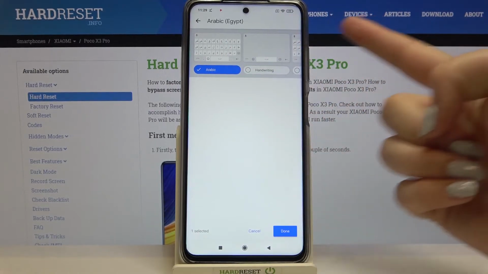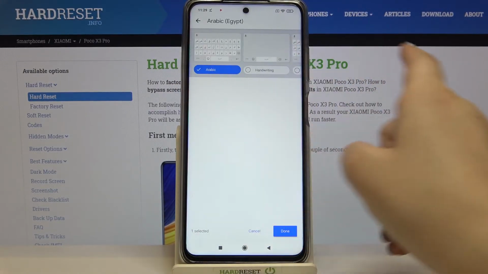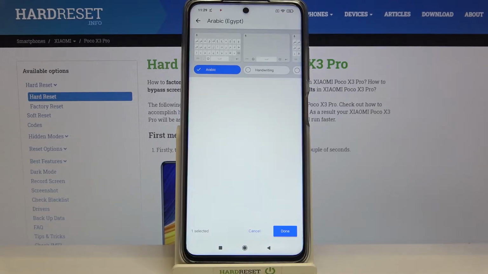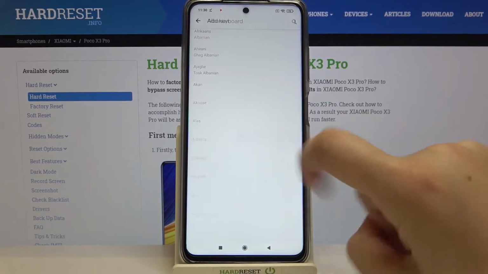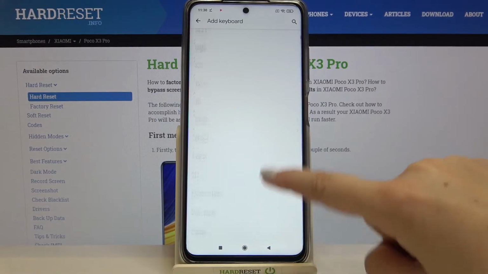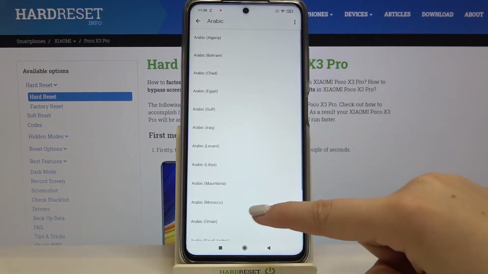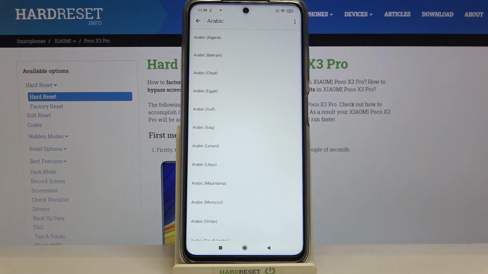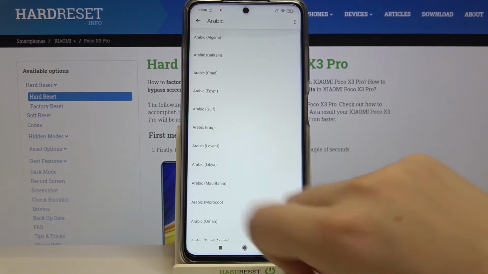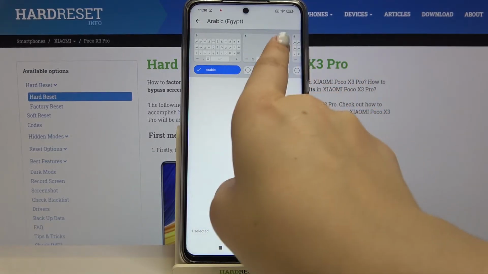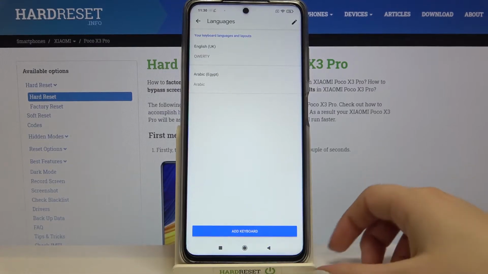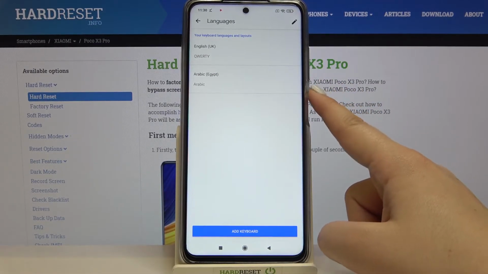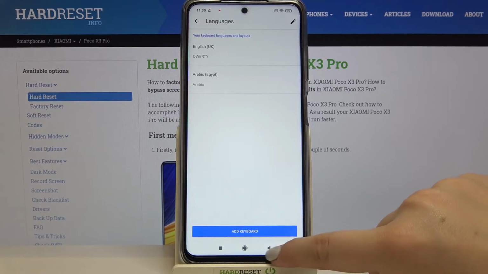Let's tap on it. As you can see here we've got the keyboard options, and probably after tapping on the language, if you will be able to see this arrow, then you will be also able to choose the region. The same situation will be with Arabic. As you can see, I can choose the region, for example the Egypt or Chad, and so on and so on. So let me pick the Egypt, sorry. As you can see here we've got the keyboard options and I will pick this one, so just tap on done. And the Arabic language has been applied to this list,